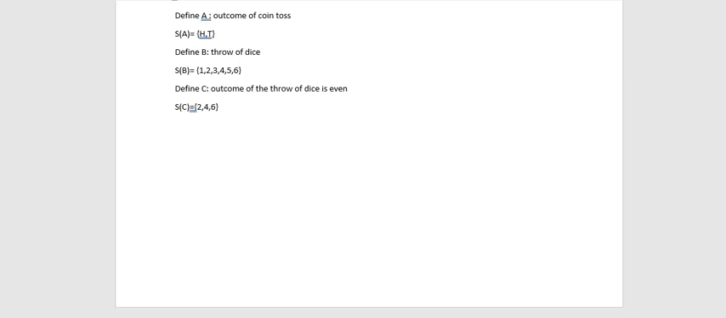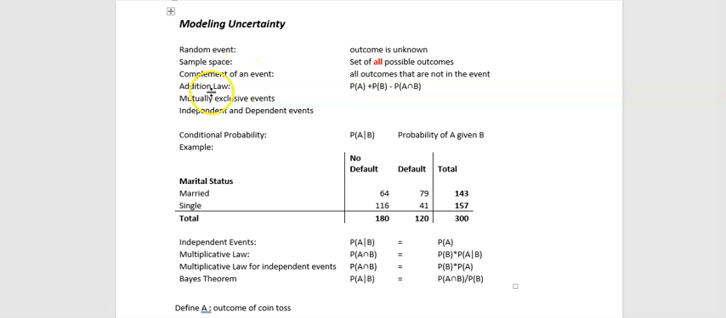Now in this case, if I have to define the complement of C, then the complement of C would be defined as all the outcomes that are not C. So the sample space for the complement of C would be given by 1, 3, and 5. So in that case, if we combine the sample space for C and the sample space for the complement of C, we get the sample space for the throw of the die, which takes us to the next law in probability, which is called the